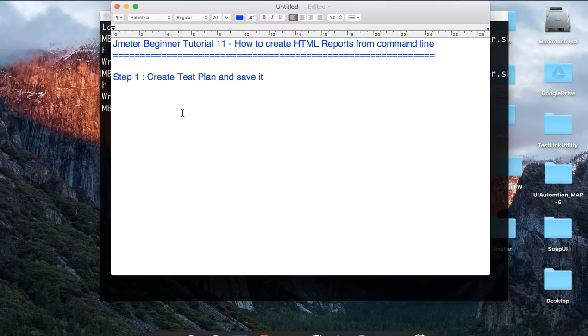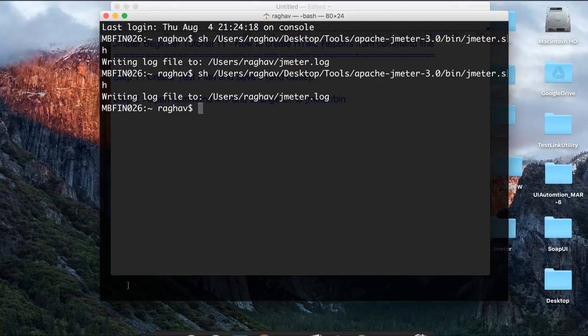So I'm closing this. Okay, now step 2. So this I have to save and close. Even if you do not close, it is okay. If you want to keep it open on your UI, that is optional. Okay, step 2 is open command line and change directory to Jmeter bin. So wherever your bin folder is, so let me first,